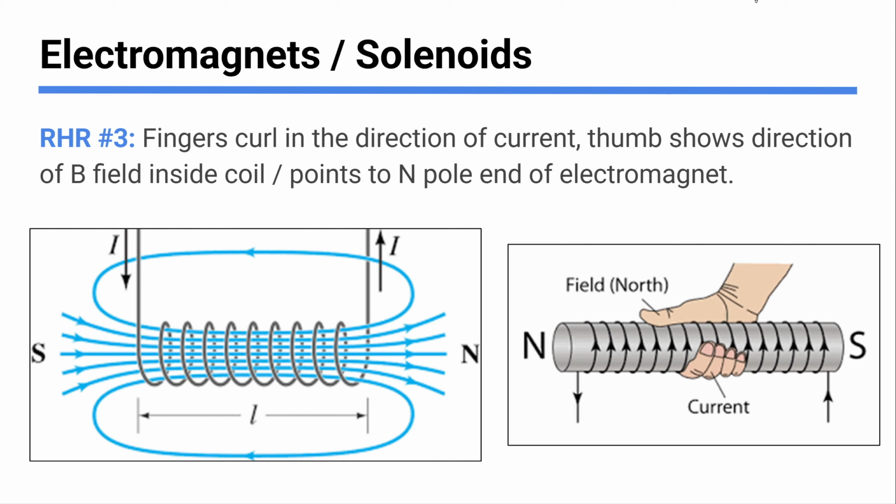What you would do to determine the direction, like which side of your little electromagnet or solenoid is the North Pole side, you take your hand and make the thumbs up sort of arrangement so that your four fingers are curling around your thumb, if you picture it that way. If you set it up so that your fingers are curling in the direction the current is flowing, which you can think of as clockwise or counterclockwise from wherever you're looking, then your thumb will point towards the North Pole end. So for this one on the left here,